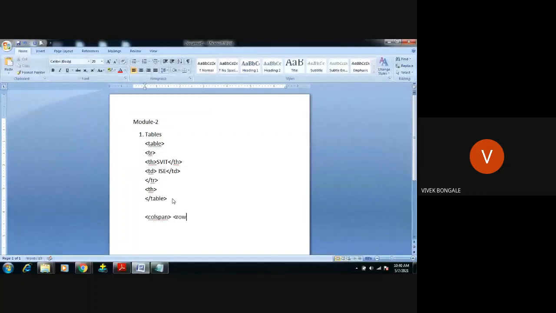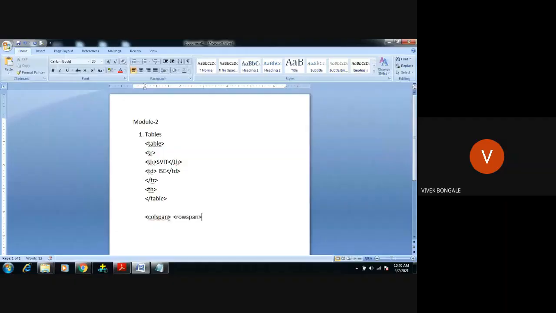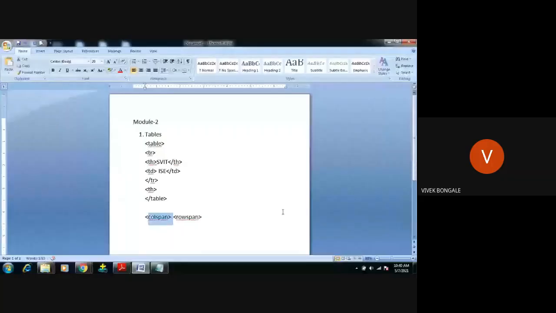These are the two keywords, or two elements, we're going to use to achieve the type of operation I showed in Word. If you want to merge two rows, we're going to use the row span. If you want to merge any 2 to 3 columns, you're going to use what? Column span.